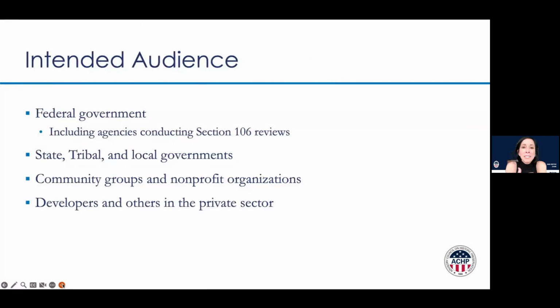And that's where a policy statement comes in from us, because our council is so diverse, representing so many different entities. I really felt, and our council felt, because we all voted for it, that this was an opportune time to refresh an older, a narrower policy statement, and to expand the intended audience beyond federal agencies, but also to include state and local governments, private parties, community groups, developers, just to say, here's what at the national level preservationists are thinking about.